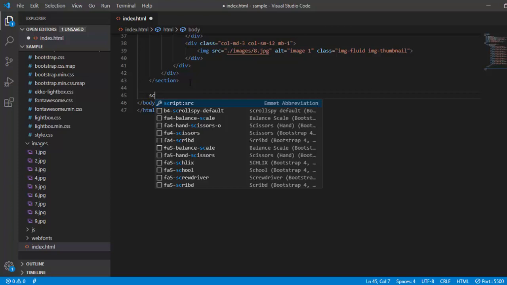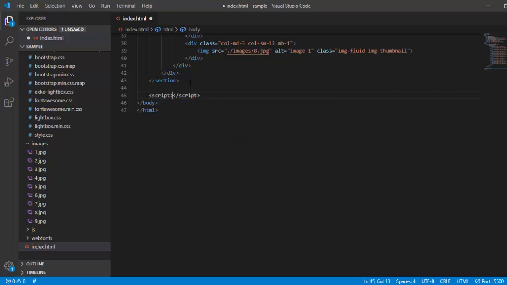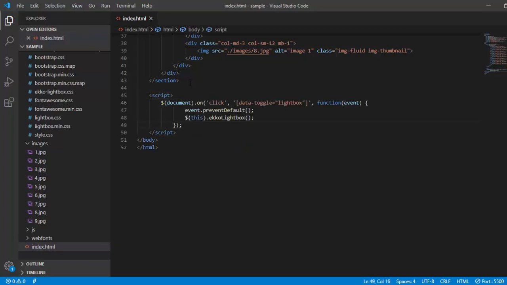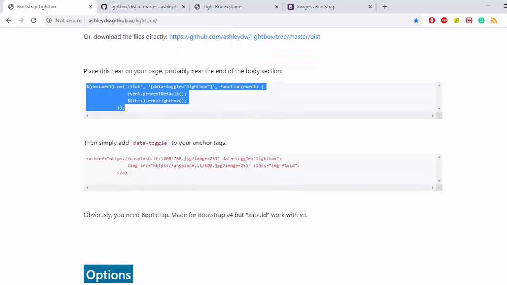Script, a normal script it is, we have just taken it and pasted it here. So from here the actual thing starts.